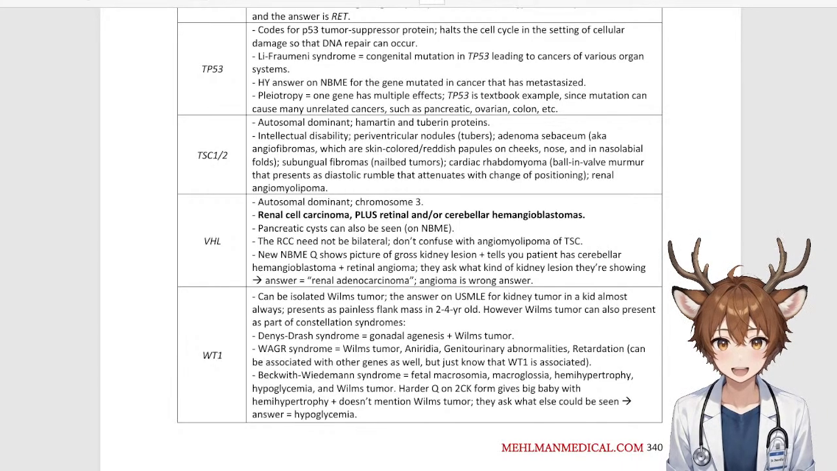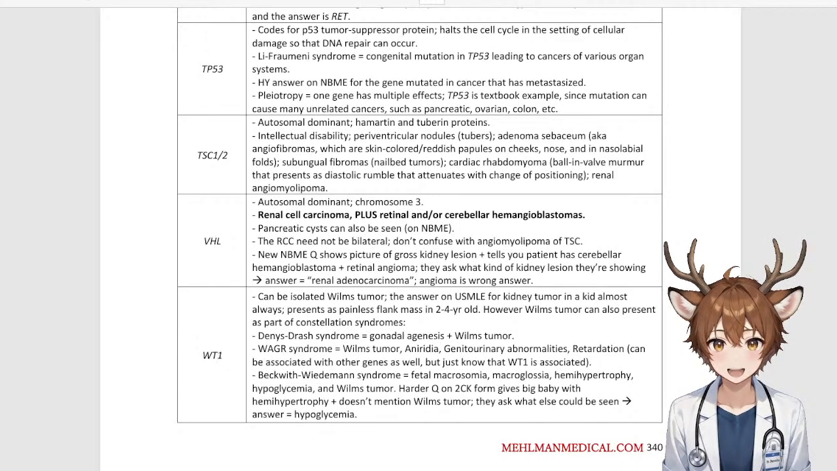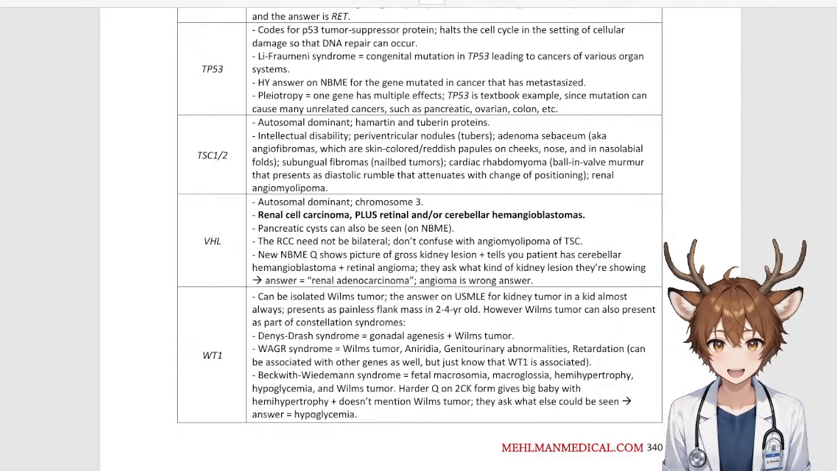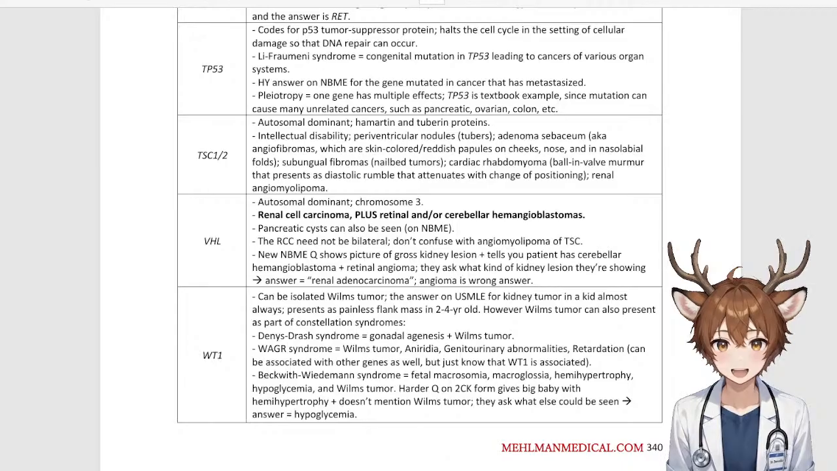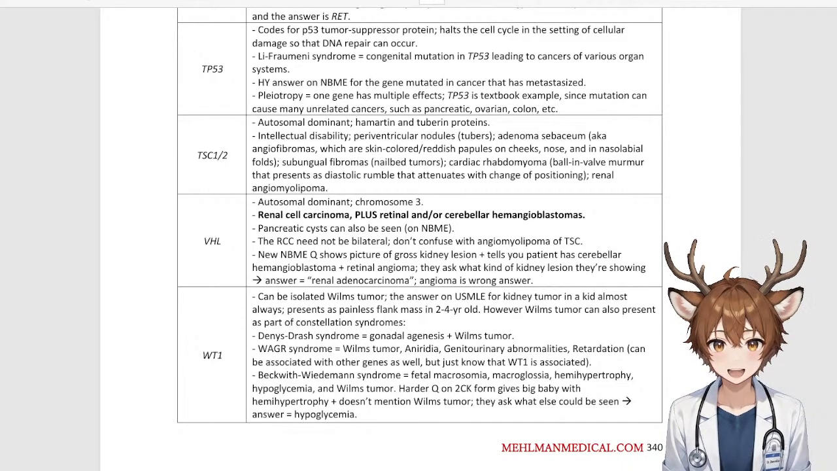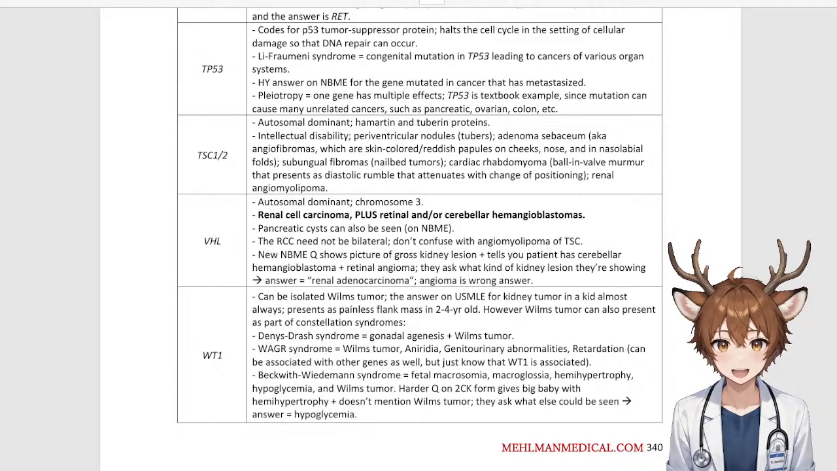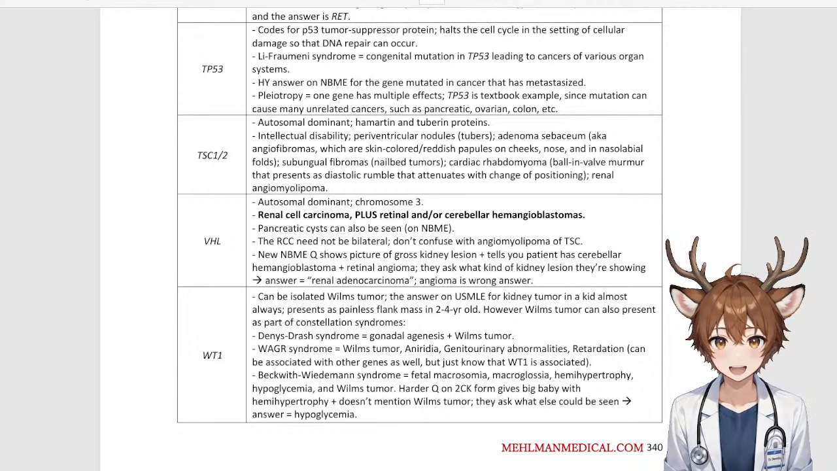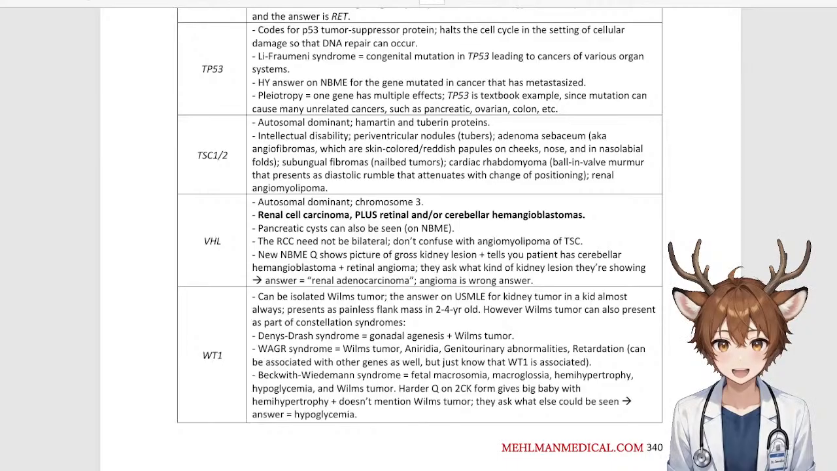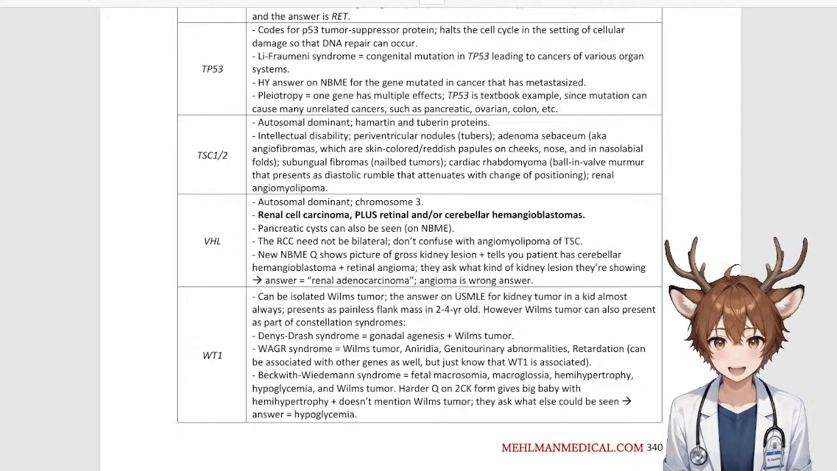TSC1/2, autosomal dominant, hamartin and tuberin proteins, intellectual disability, paraventricular nodules, tubers, adenoma sebaceum, aka angiofibromas, which are skin-colored reddish papules on cheeks, nose, and nasolabial folds, subungual fibromas, nail bed tumors, cardiac rhabdomyoma, ball and valve, murmur that presents as a diastolic rumble that attenuates with change of positioning, renal